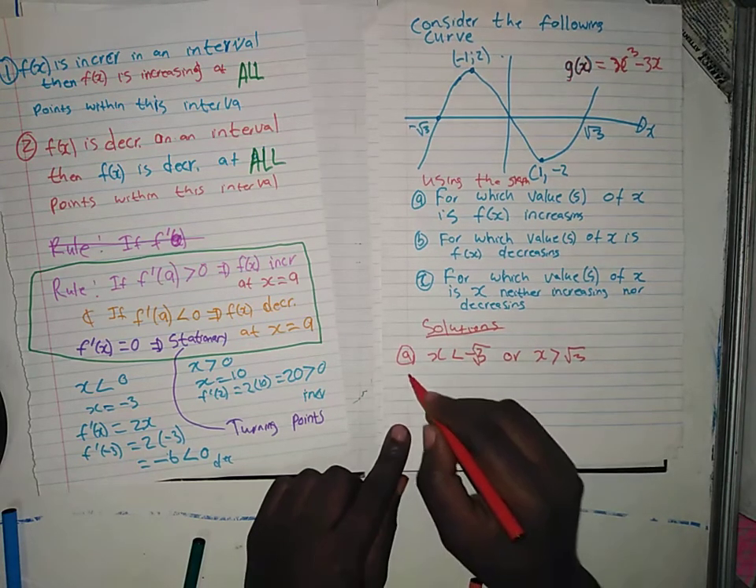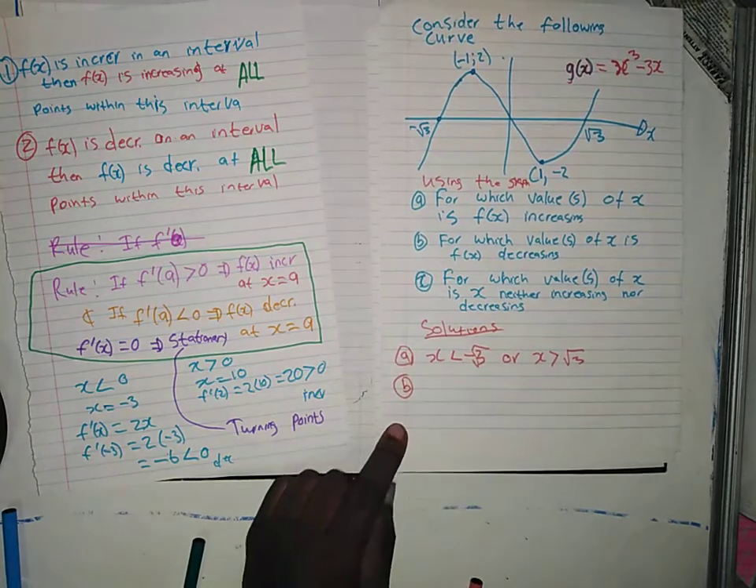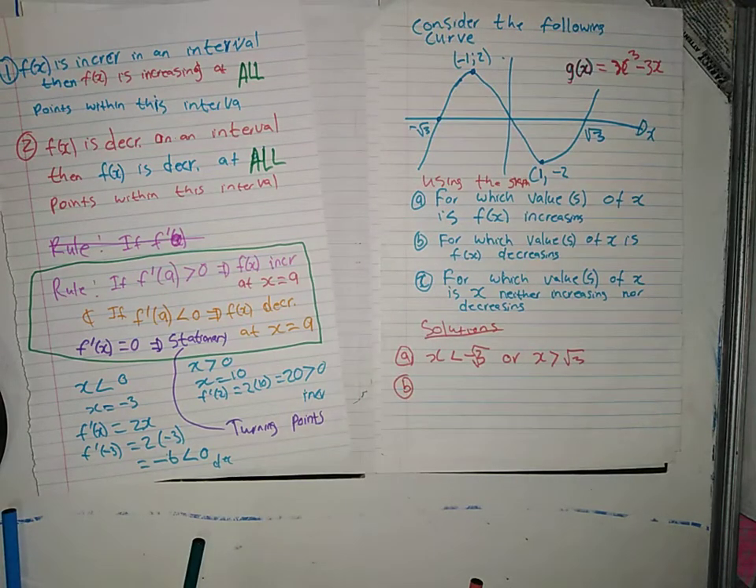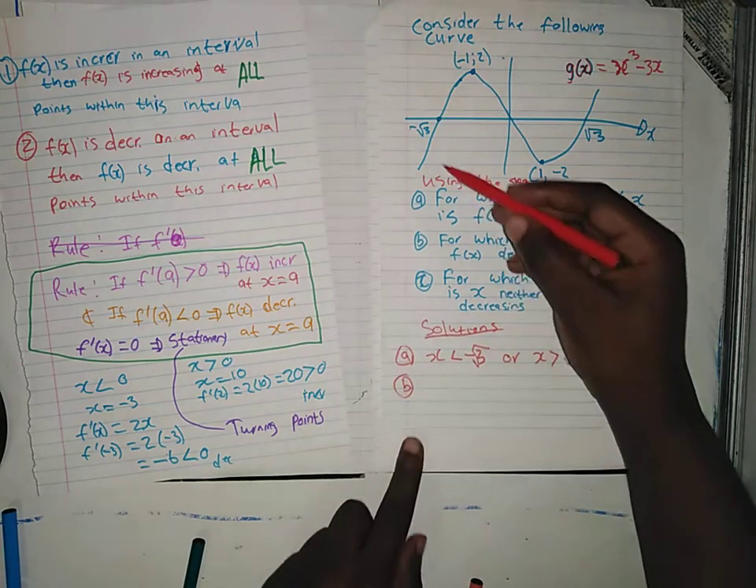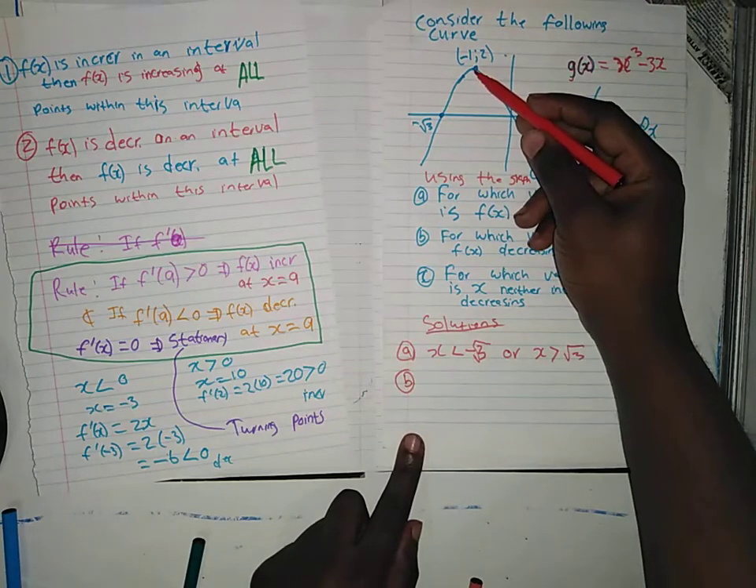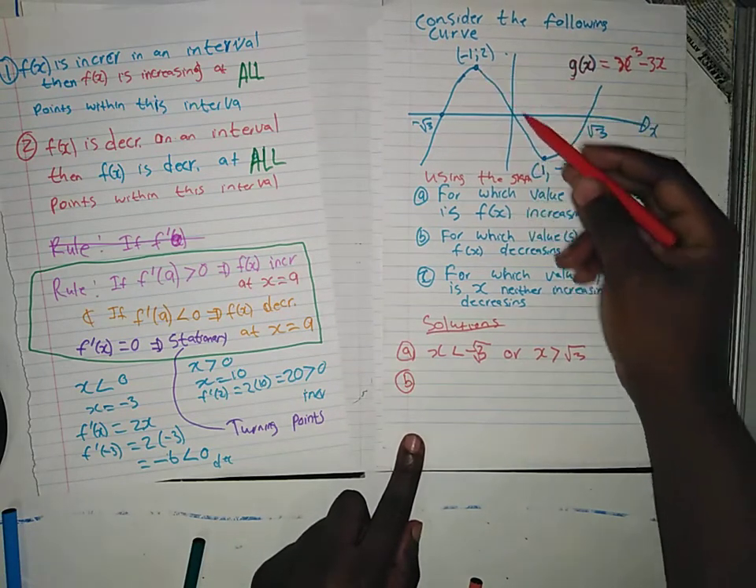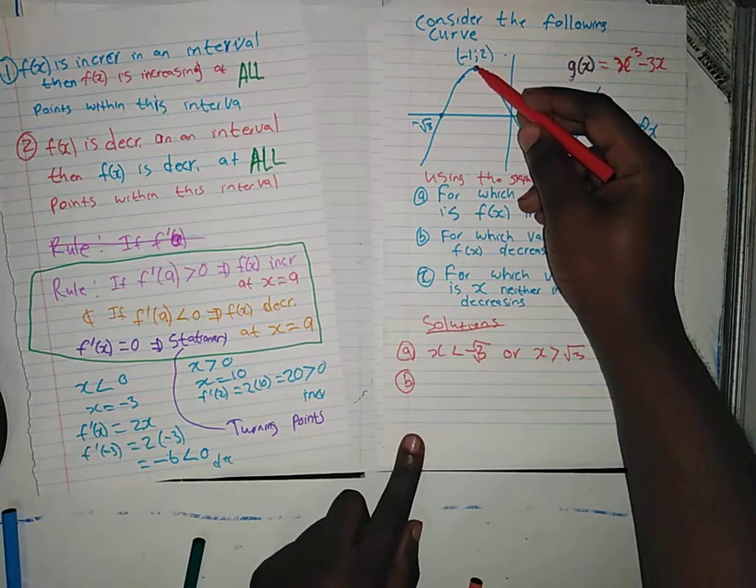Now let's look at the second one, B. For which value or values of x is f at x decreasing? We said already that it's increasing here, so it can't decrease. But from this point exactly,